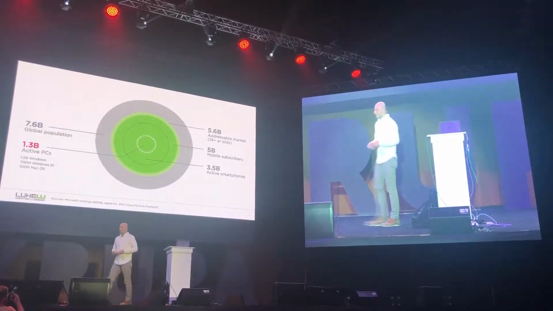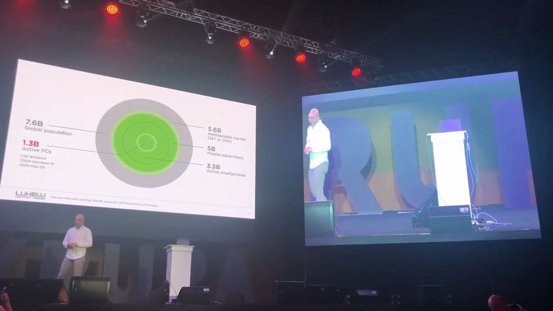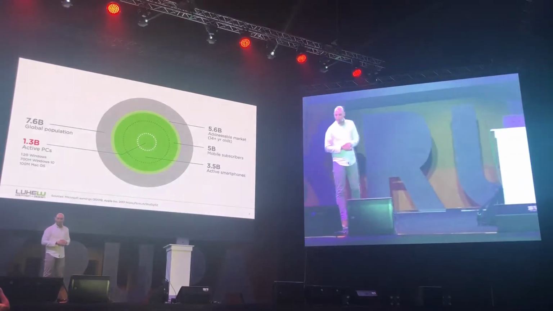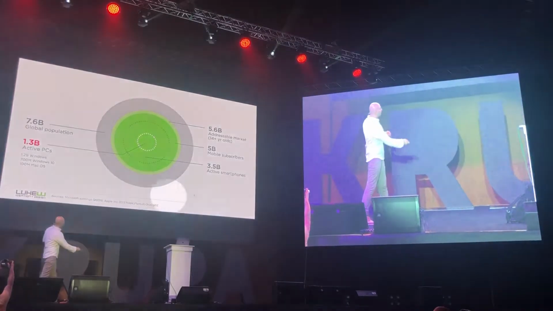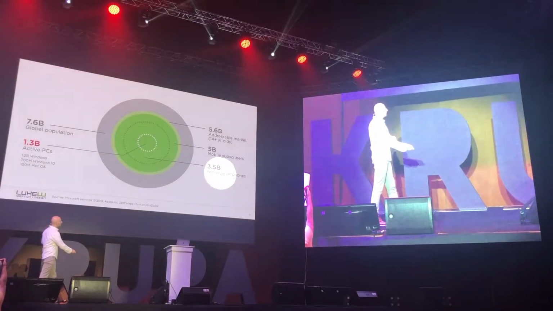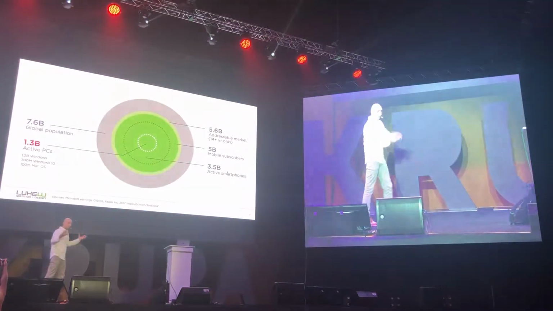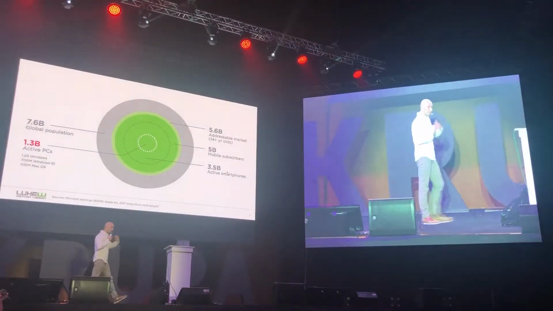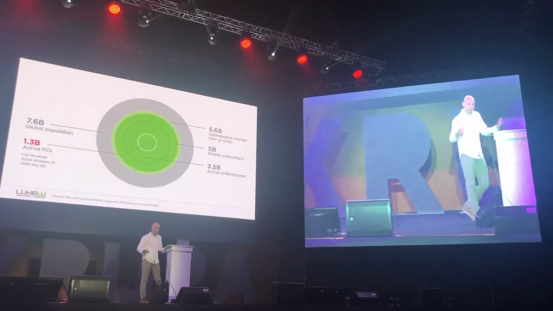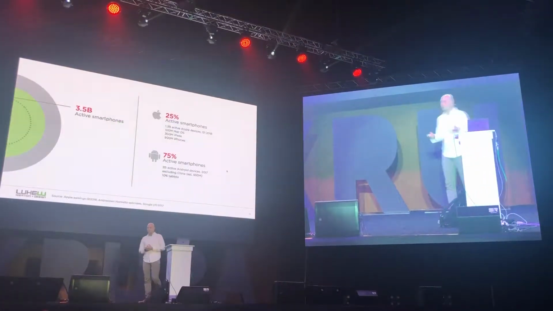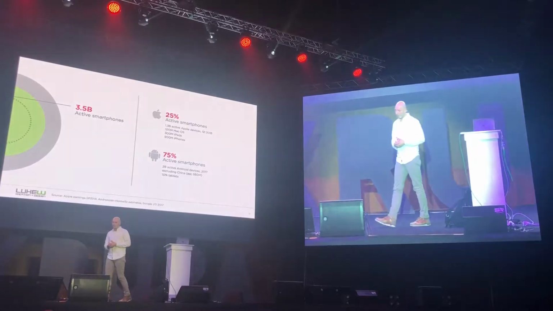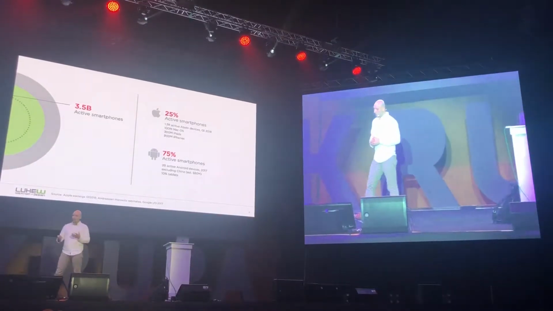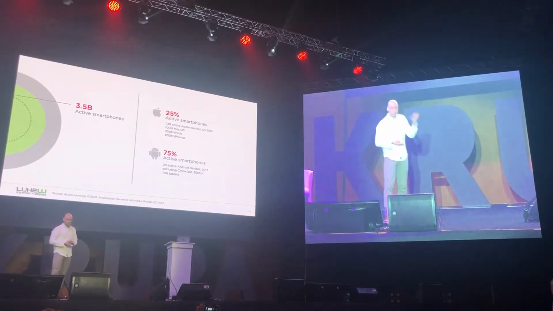So we have 7.6 billion people, that's a lot of people, right? We have 5.6 billion people, which is an addressable market, and 3.5 billion of them are essentially using active smartphones. That's a lot of people that we can address using our phones, and using our websites and applications. Now, 25% of these people are going to use Apple, 75% are going to use an Android,